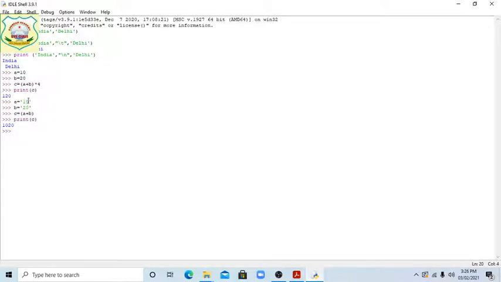Okay, now next, the same question is given, but without the single quotation marks. A equal 10, B equal 20, then C equal A plus B. Okay, then print C. See, students, now we have got the answer 30. Before we only got them merged, but here we have got the answer, students.